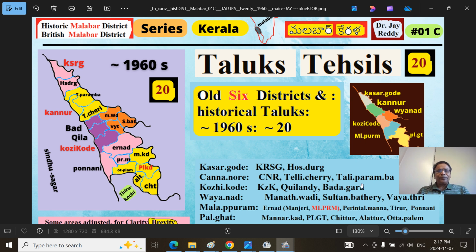So in the northern part, this is Kasar.Gode Taluk, which used to be part of South Kannada, that is Dakshin Kannad, now in Karnataka province, in the Karavali region, Kannada region. It was added in 1956, given to Malabar district. So Kasar.Gode Taluk and Hos.Durg Taluk. Now it has 4 taluks, we'll see later. So Kasar.Gode region is also called Tulu Nadu region. Many languages are spoken in this region: Tulu, Kannada, Beary, Urdu, and Konkani, Marathi, and so on. So Sapta Bhasha Sangama Desh, that is the Tulu Nadu.